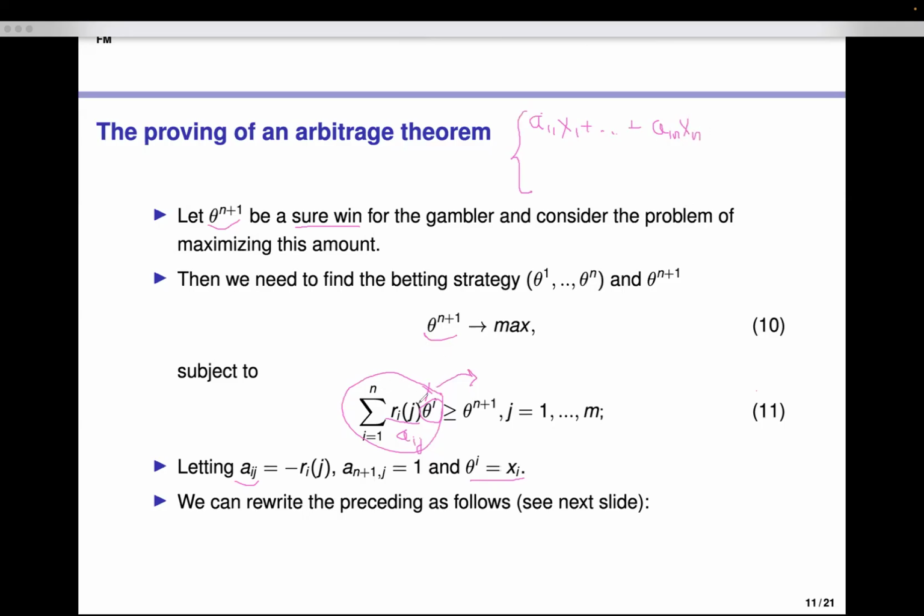It is this sum, yes, but you see that we also have theta n plus 1, and in our new notations it will be